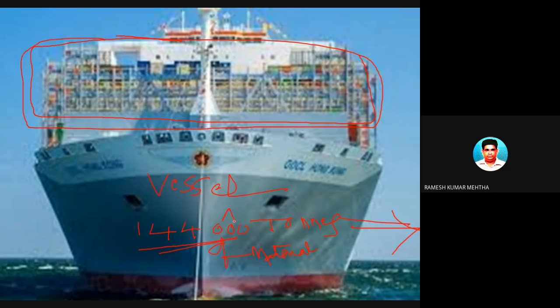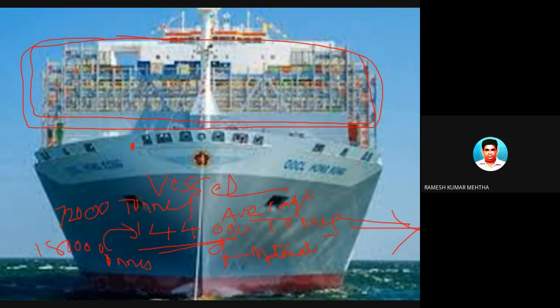This is the average. The minimum can be around 72,000 tons. The maximum can be 180,000 tons. So the average will be around 144,000 tons of goods which can be loaded on this ship.